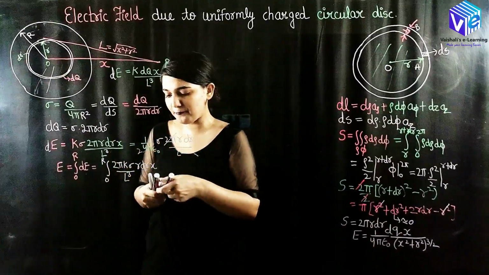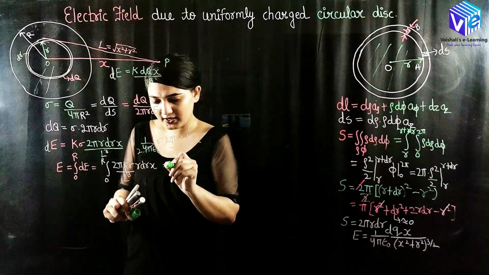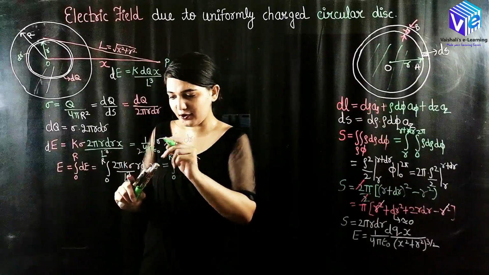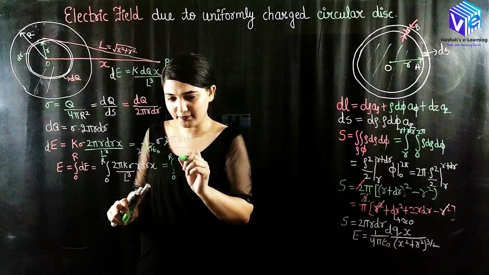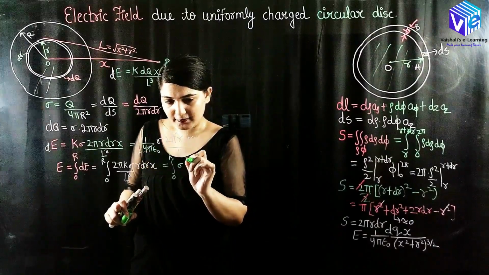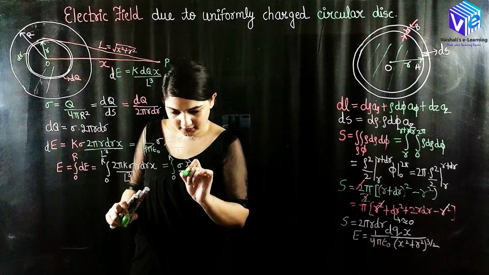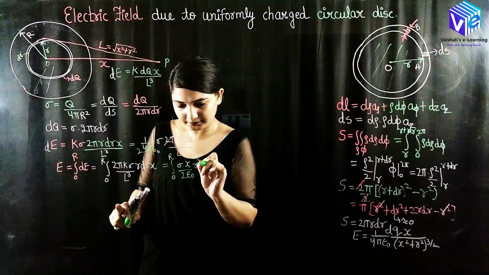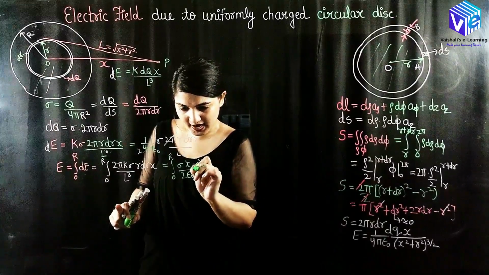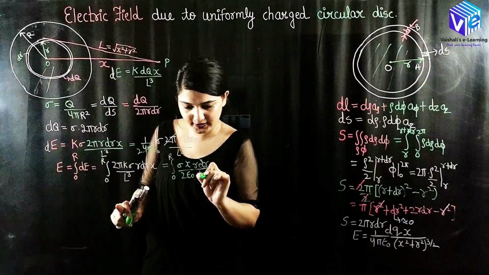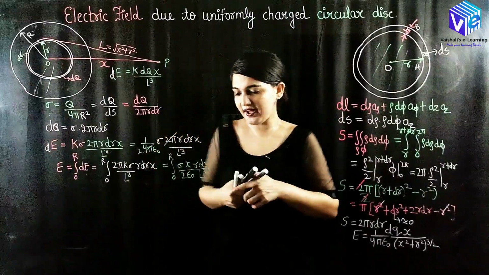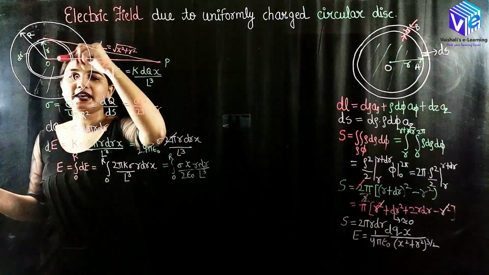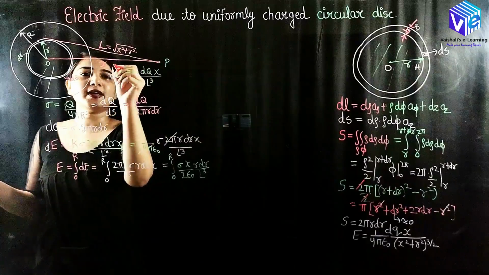Now if I put this simplified equation here, I am having integration from 0 to r. Instead of this term I will be putting this term. What I am left with is sigma x upon 2 epsilon naught multiplied with r dr, and don't forget the L cube in the denominator. So we have the L cube in the denominator as well. Now what is changing? Only r is variable here. You can see x will be remaining constant.